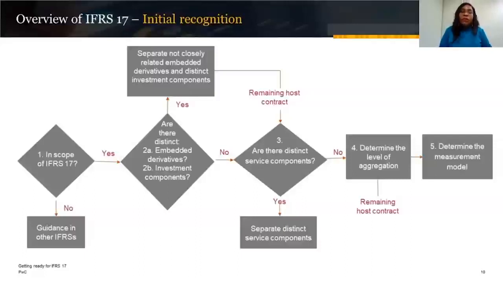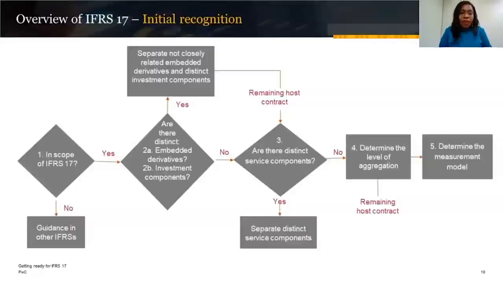You also need to consider if there are embedded derivatives within the contract. These will be cases where you have an insurance contract, but the cash flows or the payouts on those contracts might be dependent on underlying market indices. In those cases, we find that such contracts are not just exposed to insurance risk, but they are also exposed to certain market risks. So where you have such in your contract, they will also need to be separated and measured in line with